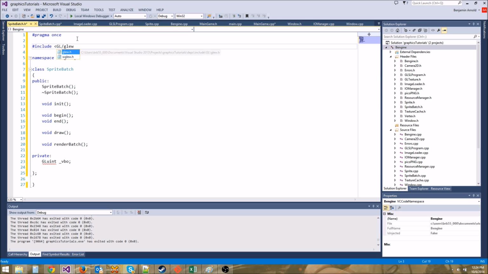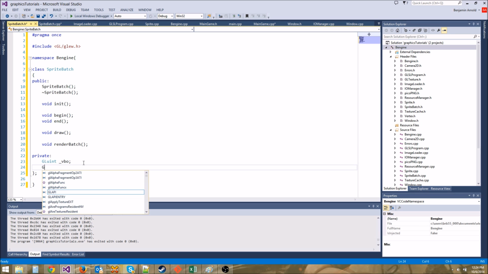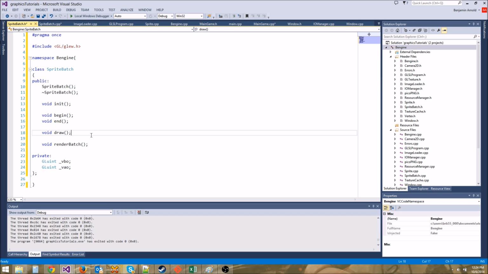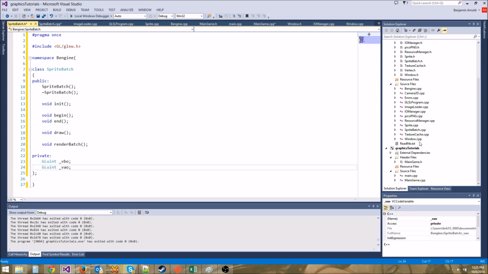Glue up here. And so we have a GLuint VBO, and let's also have a GLuint VAO. Now I'll get into what a VAO is a little bit more in a minute. Let's see, we have init, VBO, VAO. We're going to need a vertex definition, and let's go ahead and just use the vertex definition for our sprite